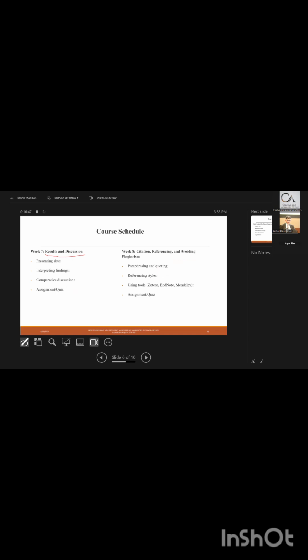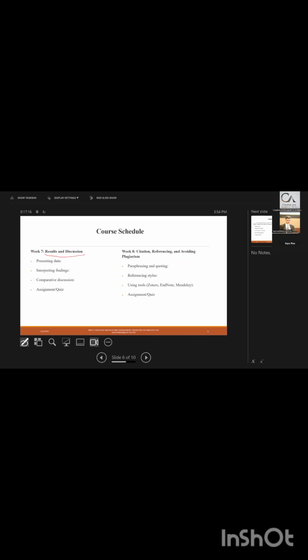The experiments you have performed, or if you are reviewing some important topic, that will be mainly discussed in your discussion chapter. The results which you have obtained from your experiments, from your research, are presented in tabulated form or in the form of graphs. You have to present them in your results chapter or results section.